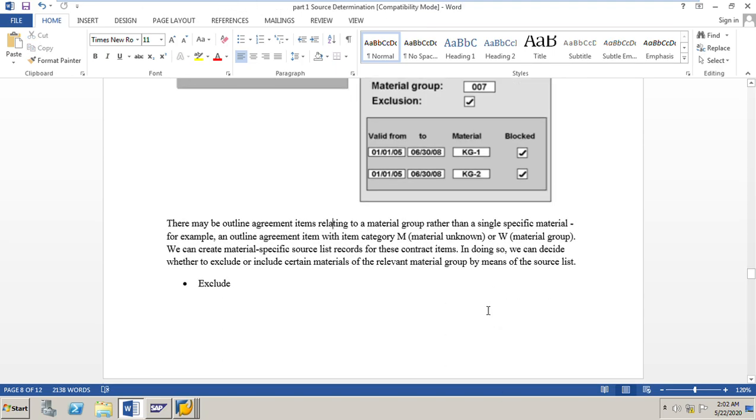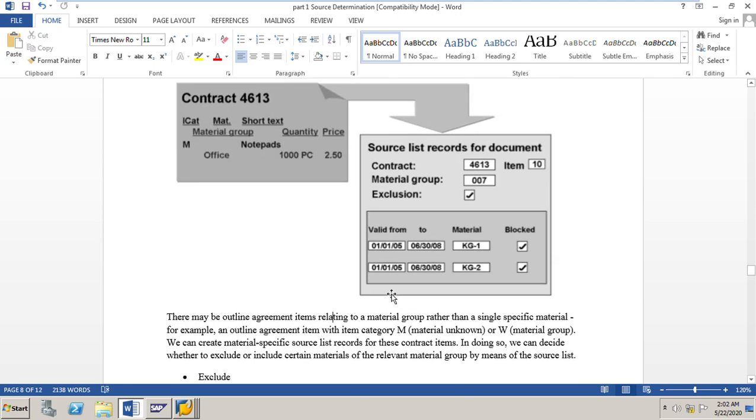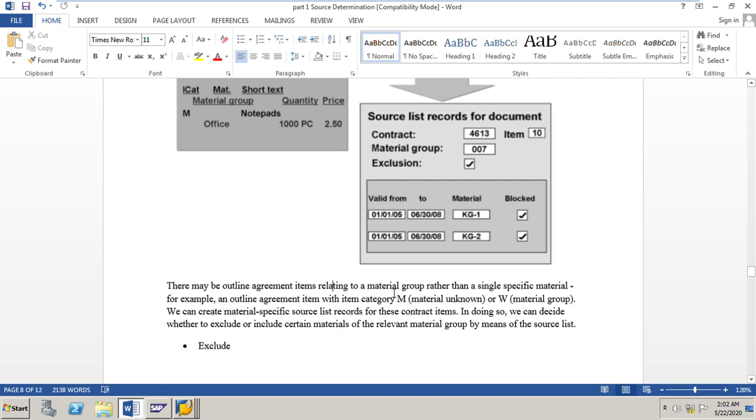Now what it says is, if we have a material group contract with item category like material unknown or W material group, we can create material-specific source list records for these contract items. In doing so, we can decide whether to exclude or include certain materials of the relevant material group by means of the source list.